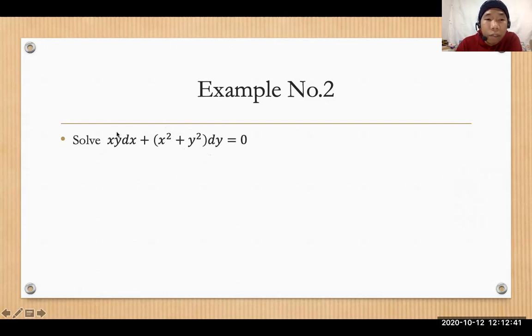If you put the coefficient in the ratio format, like xy over x squared plus y squared, you will have a degree equal to 0. So it just proves that the equation is a homogeneous differential equation. Okay, so are we clear here? Now,